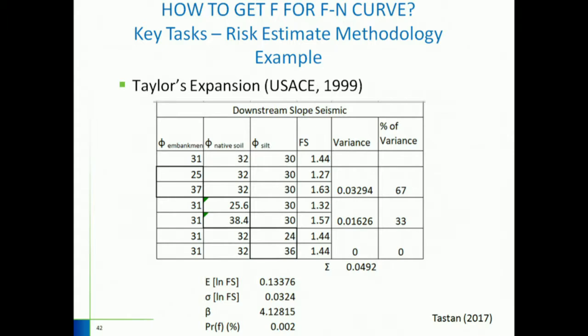How do you do that? So 3 variables are defined as a random variable for that case: embankment friction angle, native soil friction angle, and the silt friction angle. So the way to do it is, first, you consider the mean value for each of these 3, calculate the